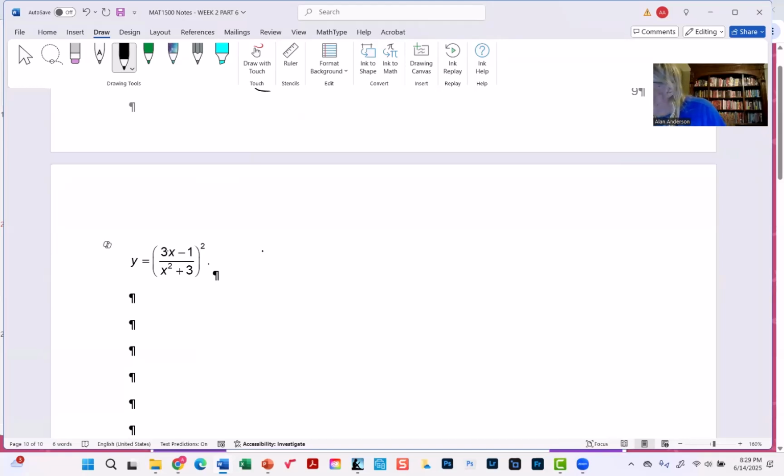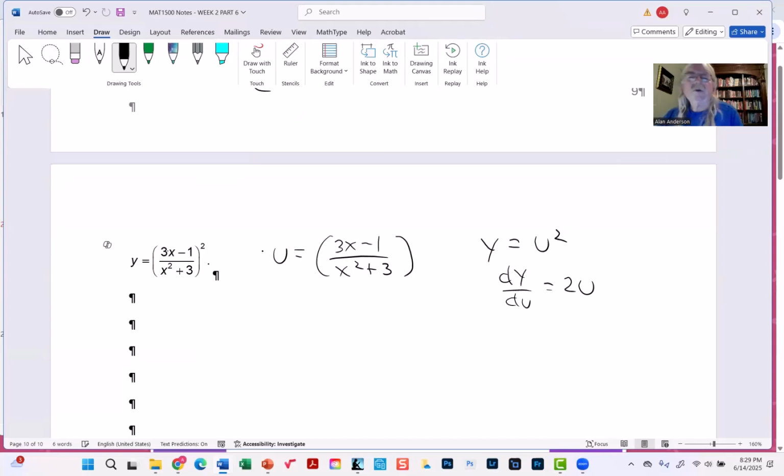So if we think of this as u, then y is u squared. dy du is 2u. Here's the challenging part: du dx is going to require the quotient rule, which, if you remember,